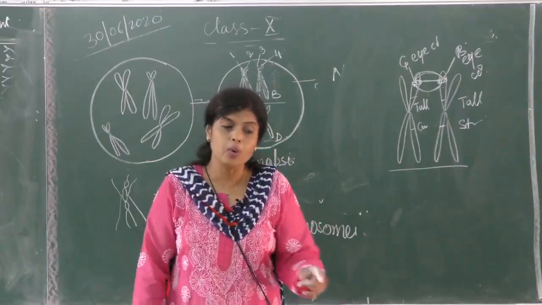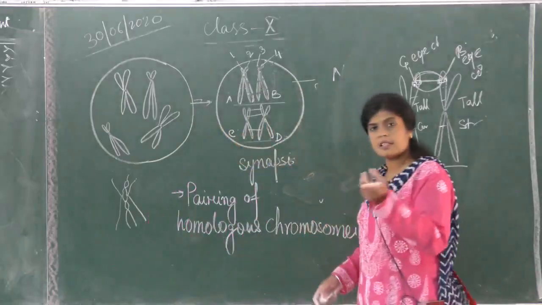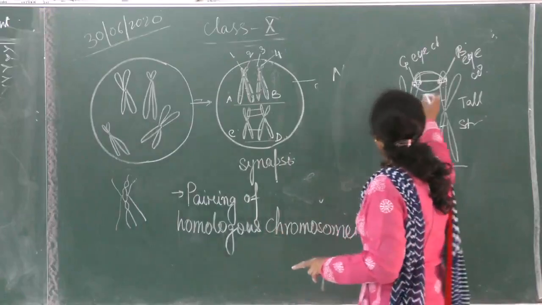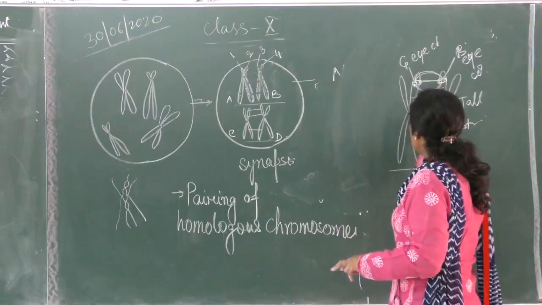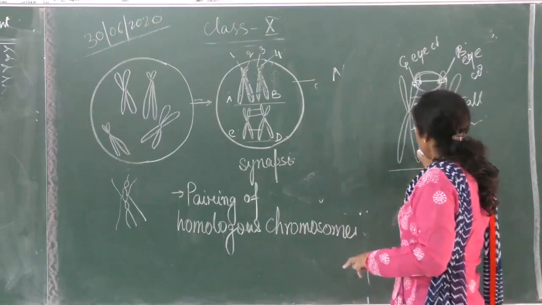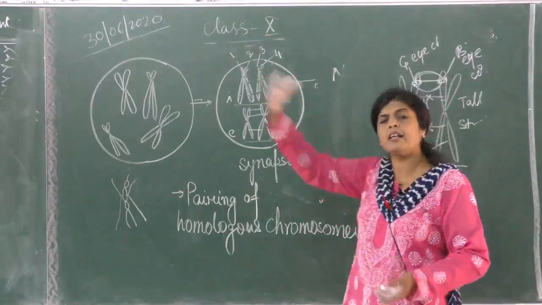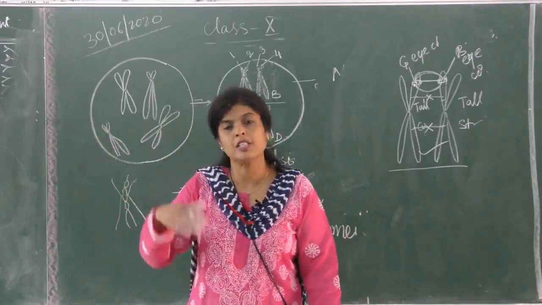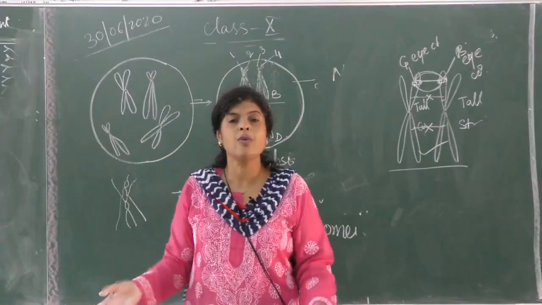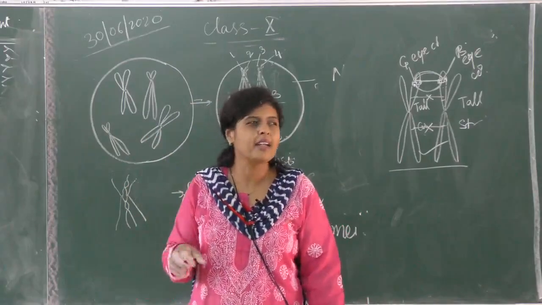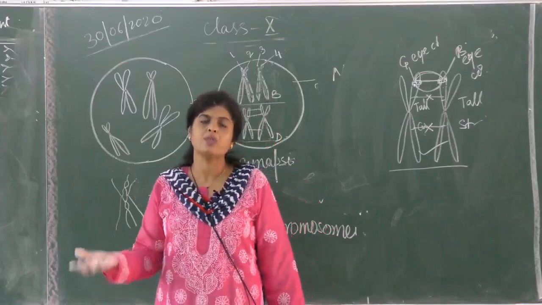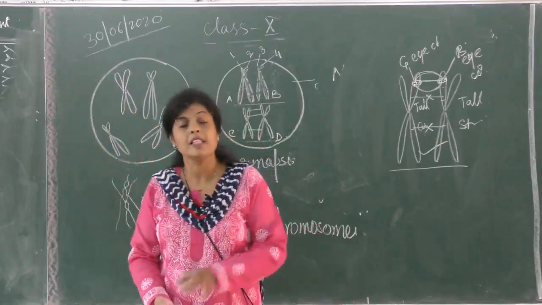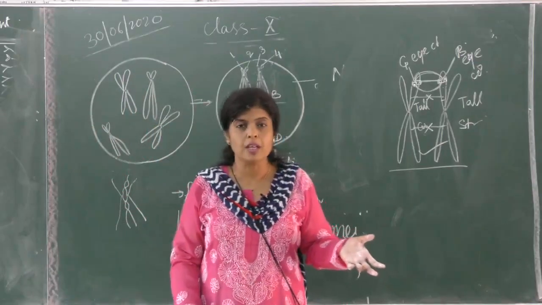Is it all right? Now it is not necessary that all genes get exchanged, not at all. Suppose this gene is not getting exchanged, this gene is not getting exchanged, but again this gene is at random, and there is no hard and fast rule that this will exchange, that will not. There are certain factors which increase the possibility, that we will do in senior classes, but there is no hard and fast rule.